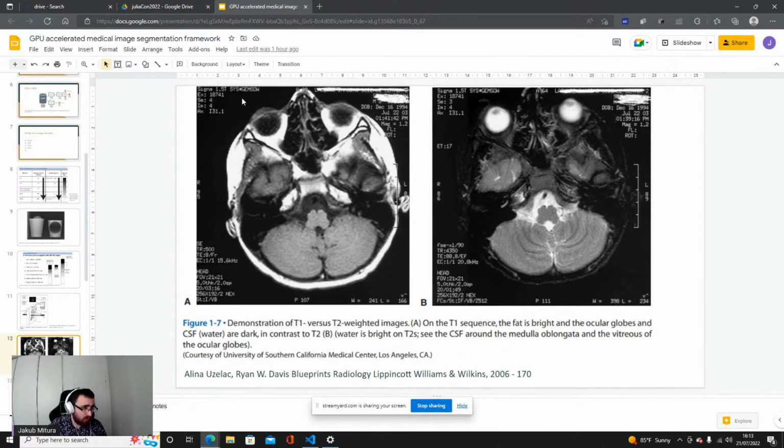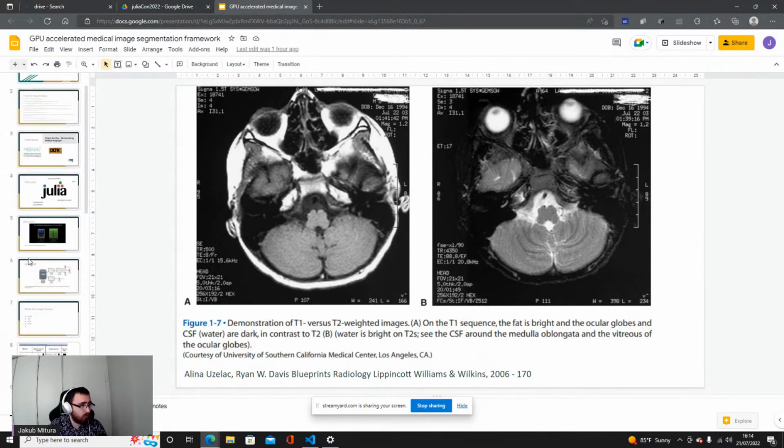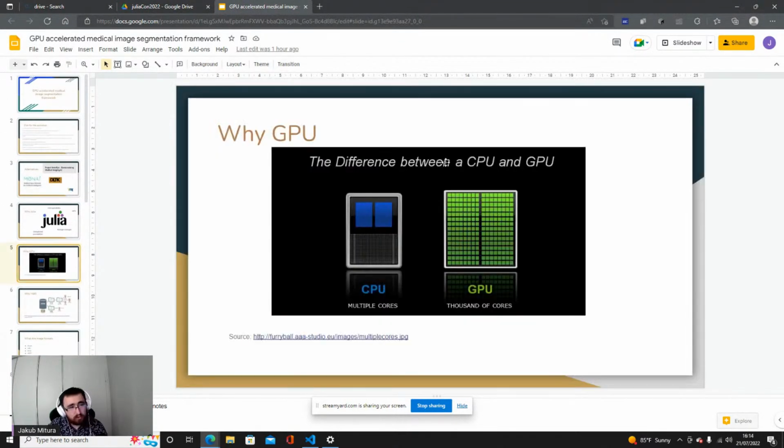So it can be billions of points, yes, because, for example, it can be 1024 by 1024 by, for example, 1000. So it can easily achieve billions of points for one image, and there may be multiple images per patient. In most cases it's not as big as I described, but it can be huge. When you have a huge amount of data, we can get a lot from parallelization.